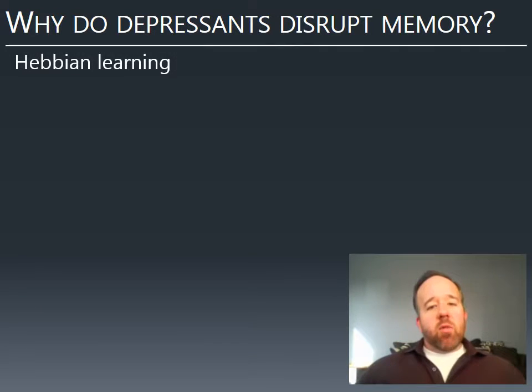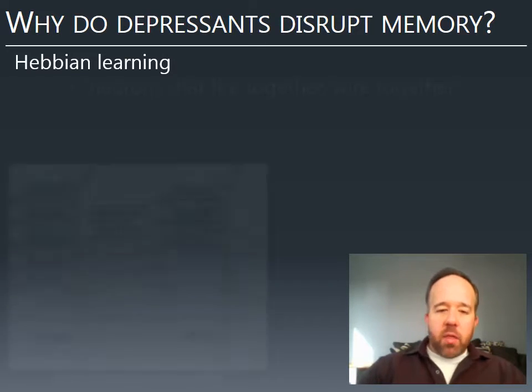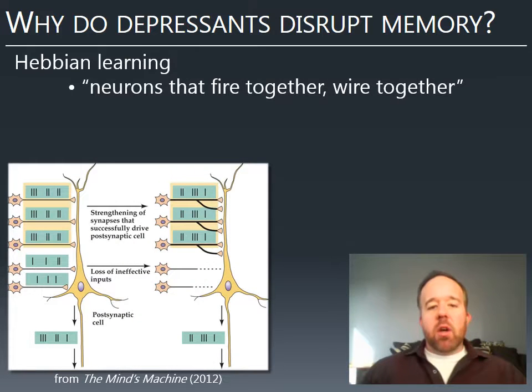So this brings up the idea of what's called Hebbian learning. Hebbian is named after Donald Hebb, who was a famous neuroscientist. But this idea is usually summarized as neurons that fire together, wire together. Which means that if the presynaptic neuron fires, and the postsynaptic one fires as a result, the more often those have happened together, the stronger that association becomes. And the more easily the postsynaptic neuron will fire when the presynaptic one does.